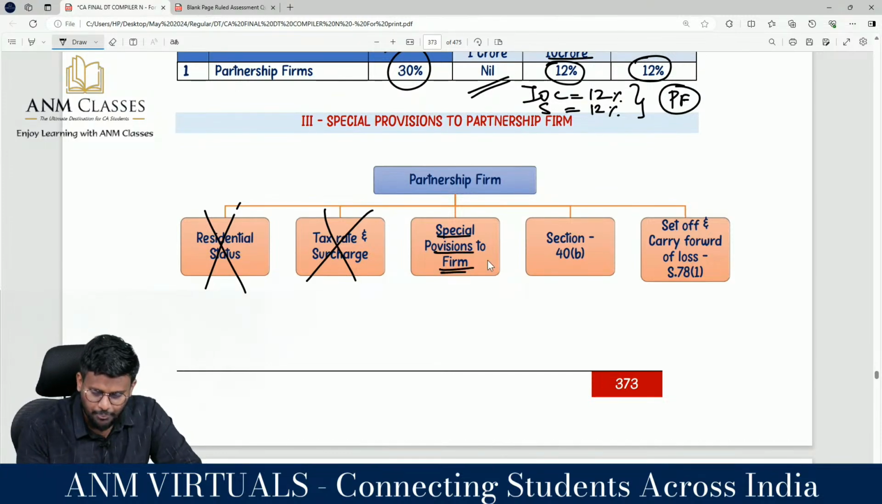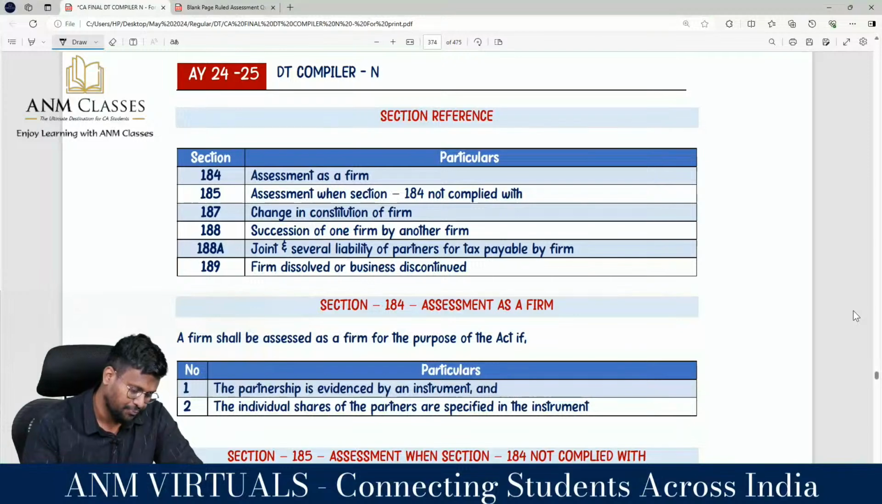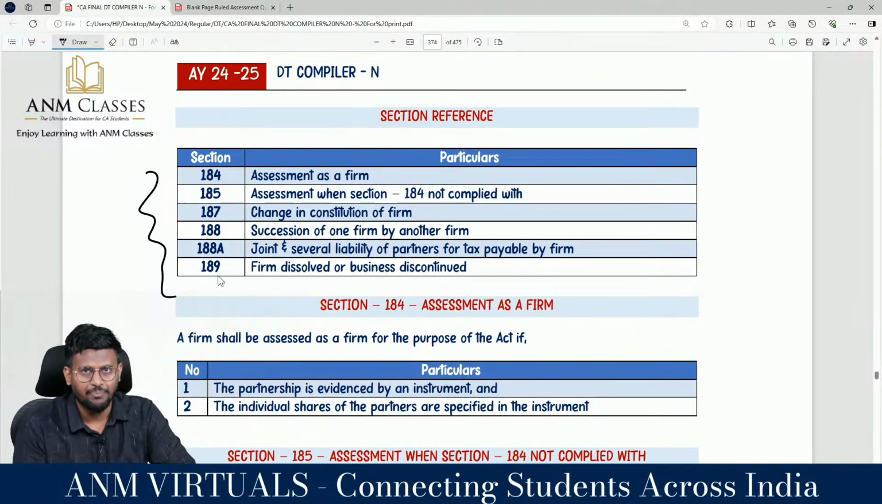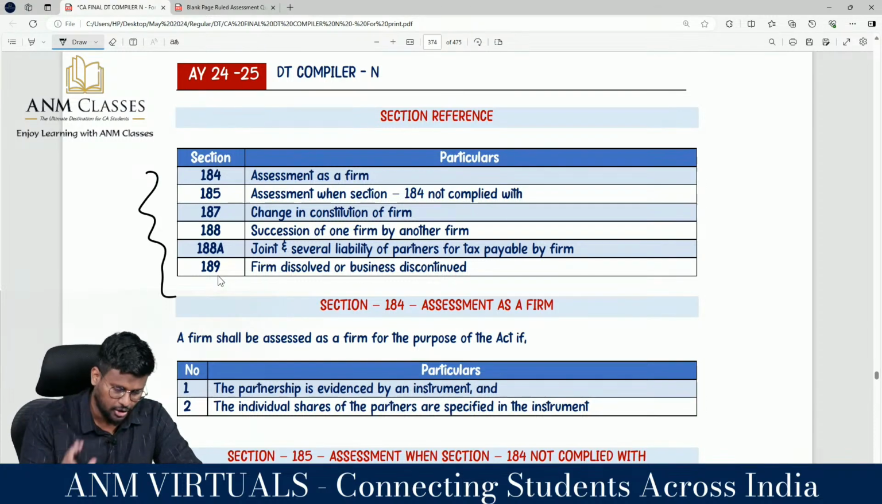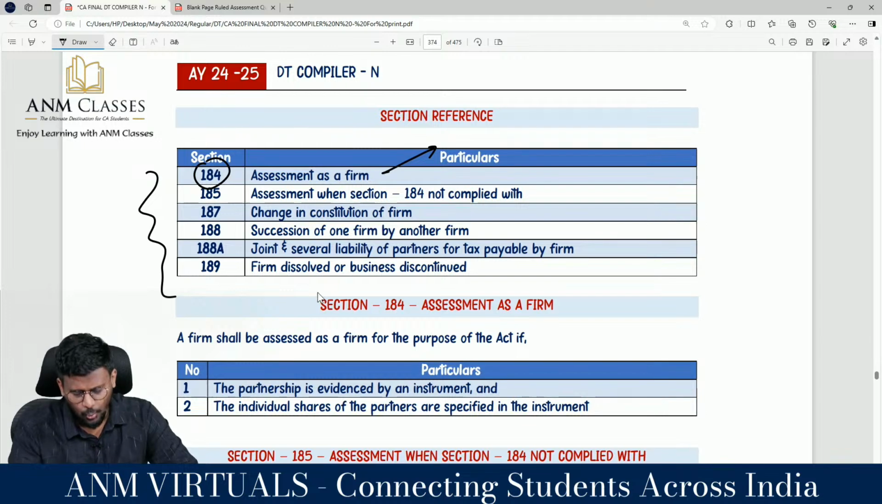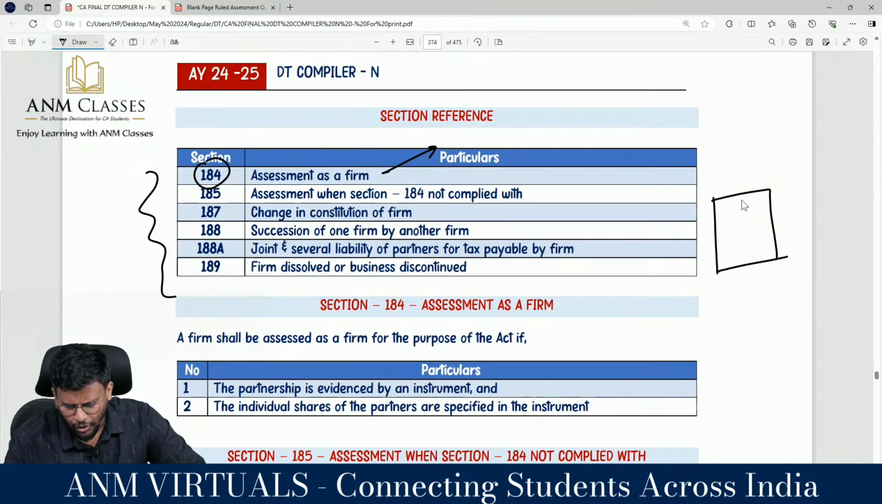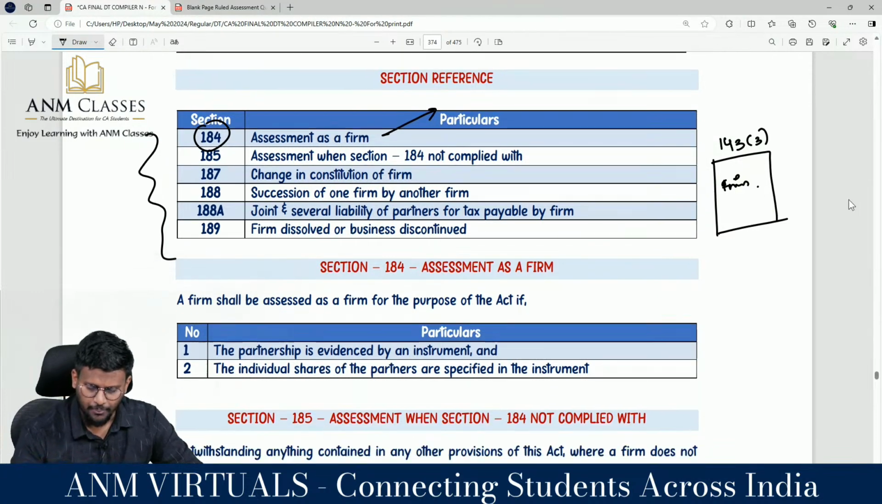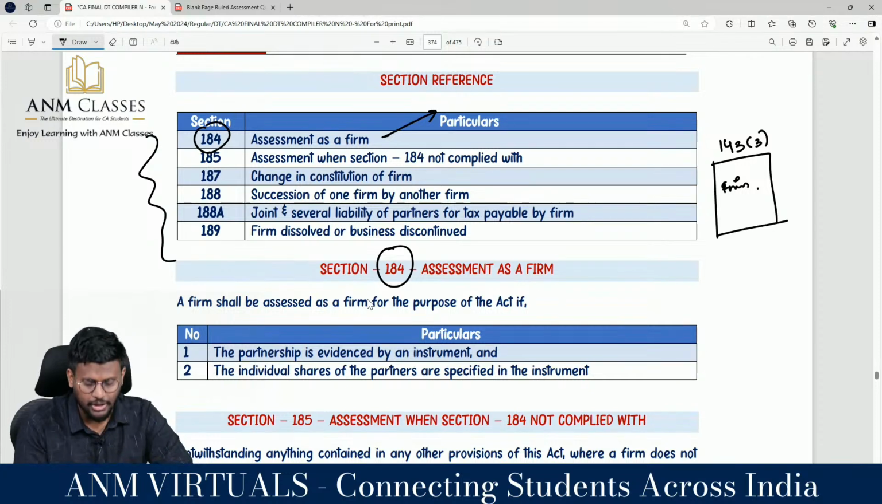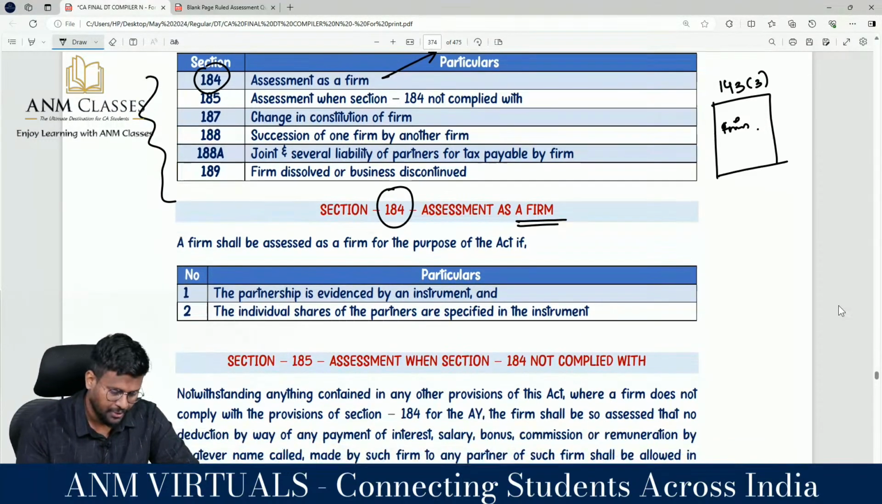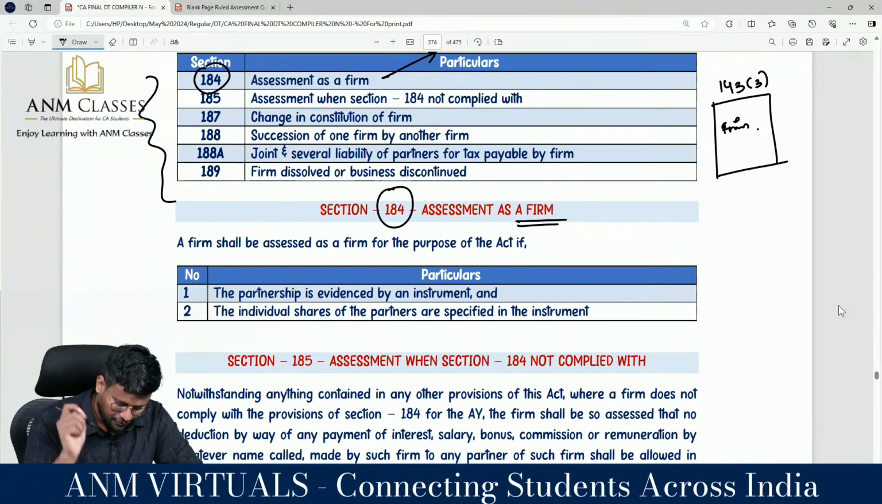What are the special provisions applicable to the partnership firm? We have certain sections which are applicable squarely only to the partnership firm. Section 184, assessment of firm. When the AO passes 143 subsection 3, if you want to treat this as a partnership firm, you should satisfy the 184 condition. Assessment as firm. A firm shall be assessed as a firm for the purpose of the act if the partnership